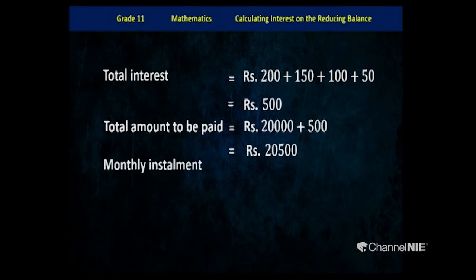Let's see. When you divide 20,500 by 4, the answer is 5,125. Sometimes a student can divide 20,000 separately by 4 and get 5,000, and 500 separately by 4 and get 125. Then he can add it and get 5,125. It is possible, you will be getting marks, but however your final answer should be 5,125. The way you select is up to you, right?